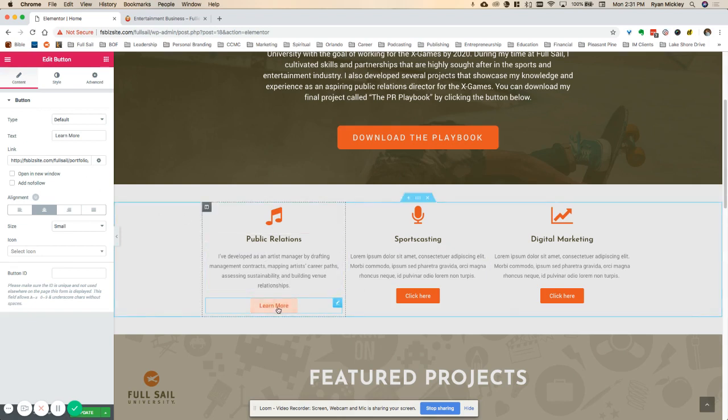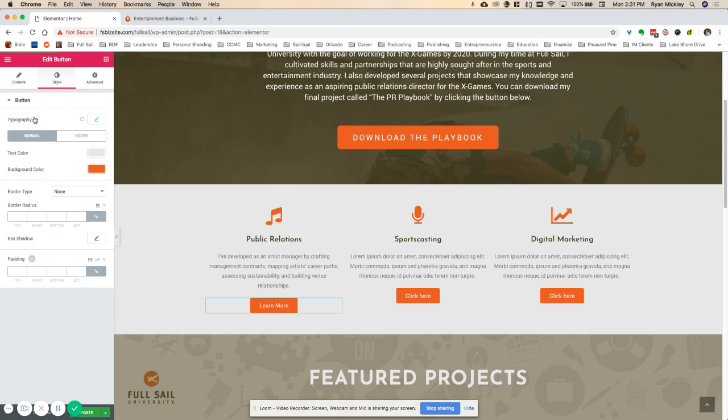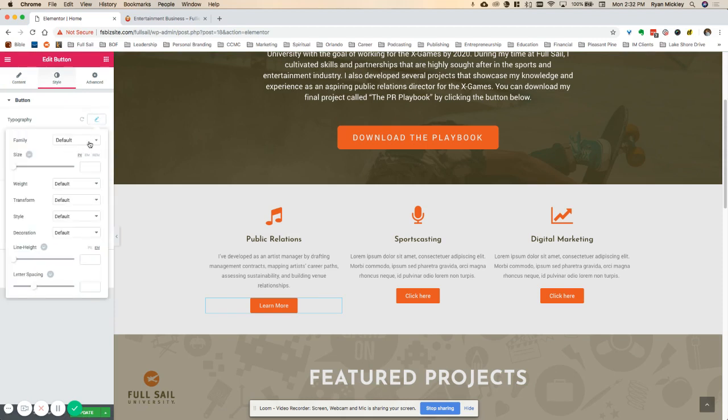Okay, now that we have changed the text on our call to action button and we've changed the link destination, we also want to change the color for both the normal color and the hover color. To do so, simply select Style, and now you're given the options to change typography and color. The first option, typography, you'll want to change that to be either the secondary font family that you use for body text throughout your website, or the primary font family that you're using for all of the headers throughout your